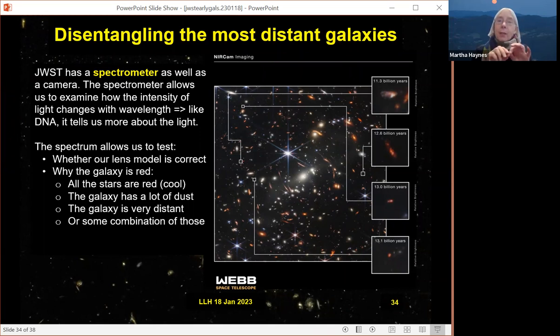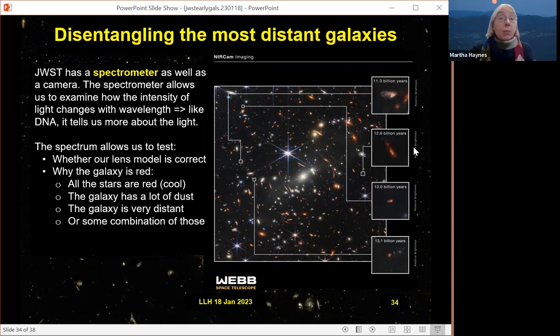That's a device that allows us to take the light and break it up into its individual colors, a little bit infrared, more infrared, mid-infrared, and look at it in detail to see how the intensity of the light changes with the wavelength. And that's kind of like a DNA or a fingerprint. The detailed pattern, not just the smudgy fingerprint, but the detailed pattern of the swirls tells you more about the light. And in fact, the spectrum can allow us to test whether the lens model is correct,